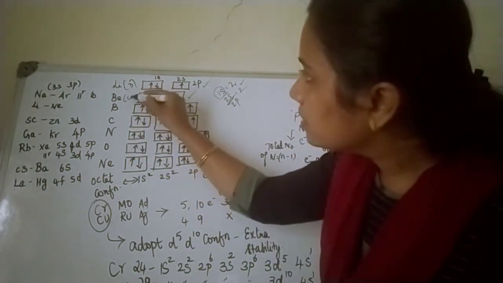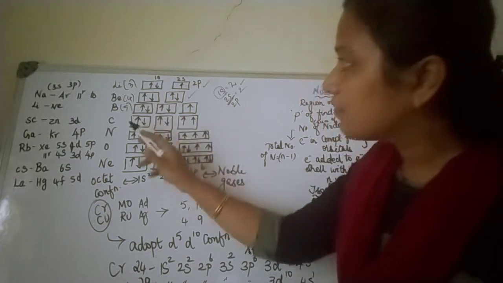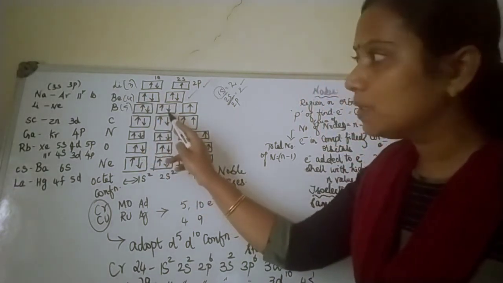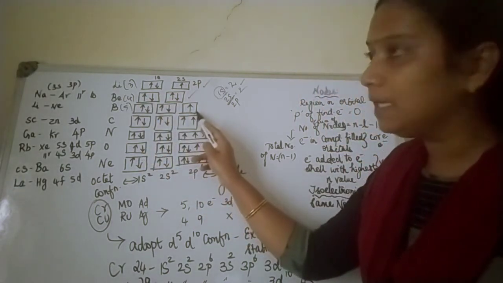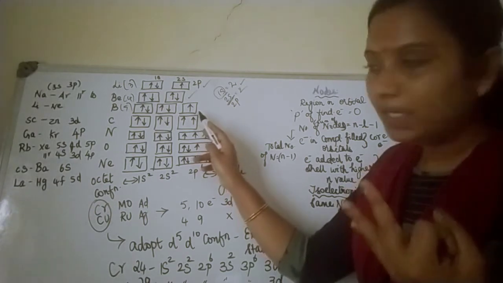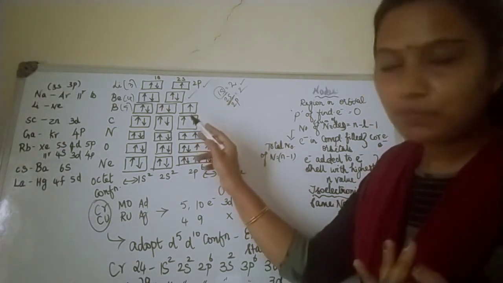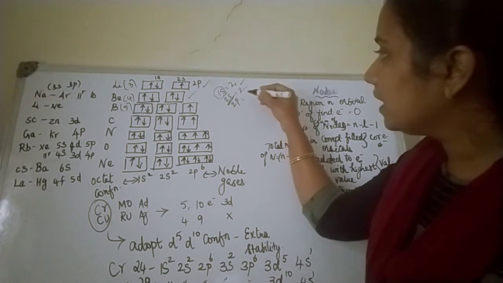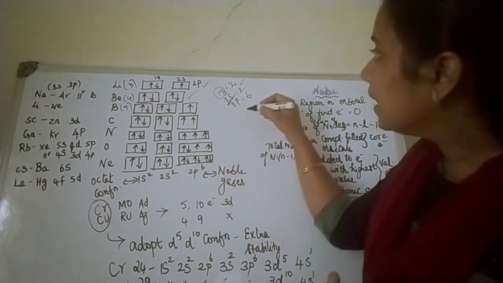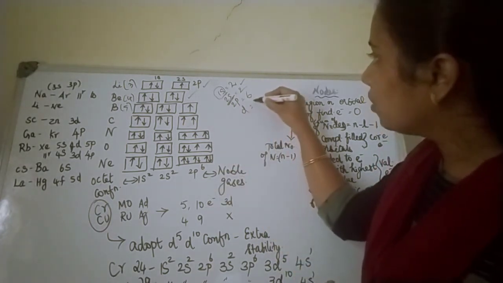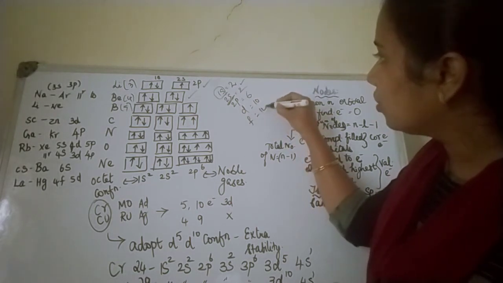What is boron's atomic number? Boron's atomic number is 5. So 1s, 2s completed. I have moved to 2p. So in 2p we have 3, right? Because x, y and z subshell, and p can accommodate how many electrons? 6 electrons it can accommodate. And what about your d, children? d will be accommodating 10, and what about f? f will be accommodating 14.